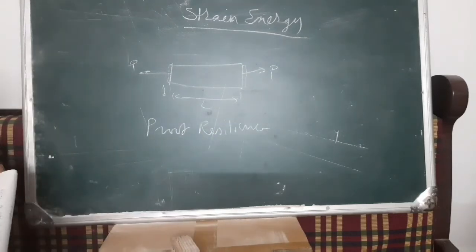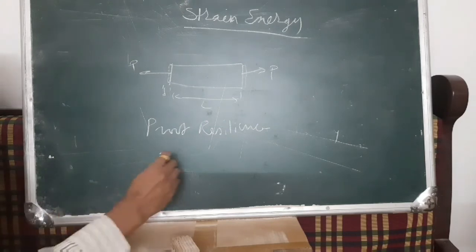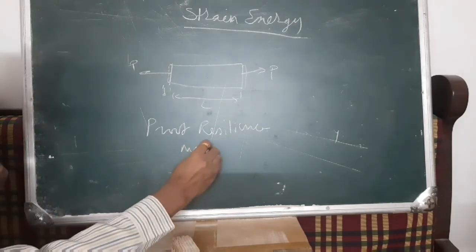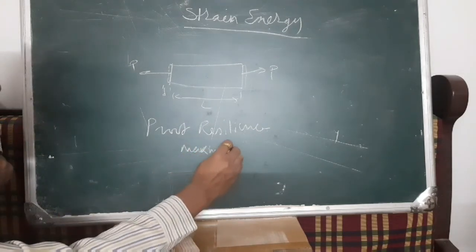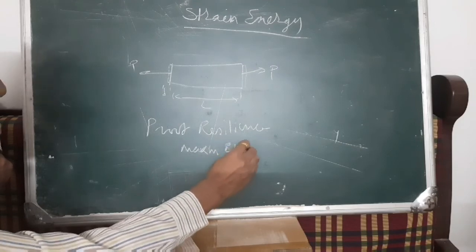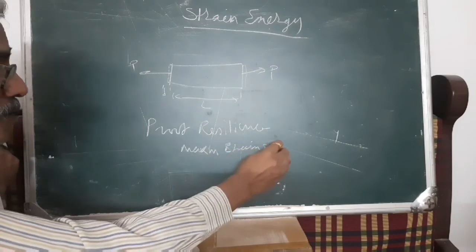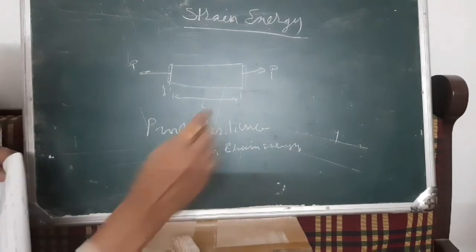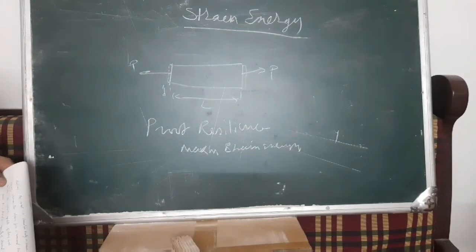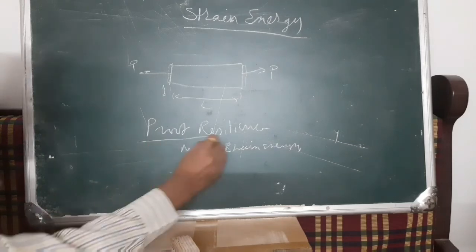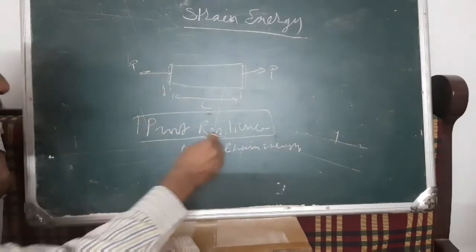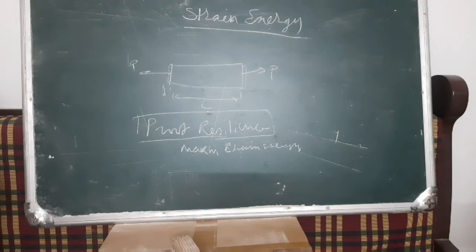What is proof resilience? The maximum strain energy. Proof resilience is the maximum strain energy. The maximum strain energy stored in a body is known as proof resilience. So as per this, the maximum strain energy that can be stored may be up to